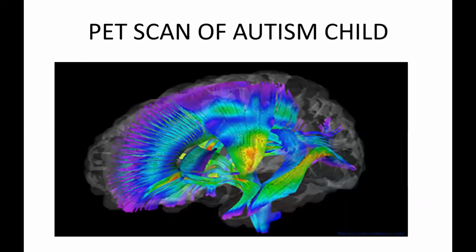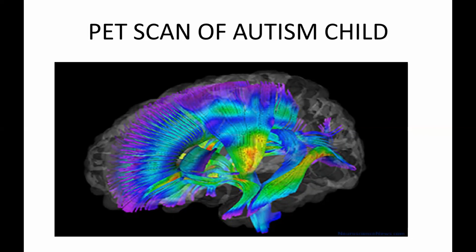You can see a PET scan of an autistic child. If you look at the outer layer, which is not at all colorful, it indicates that the child is suffering from autism. The different colors give a different idea of how they are functioning. The lighter color will have higher, greater activity, and the dark color will have a low level